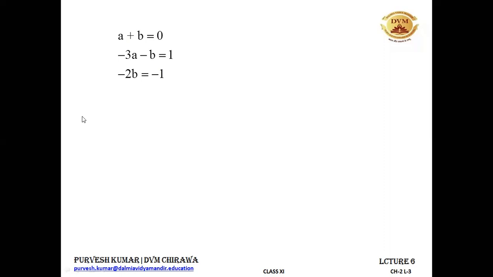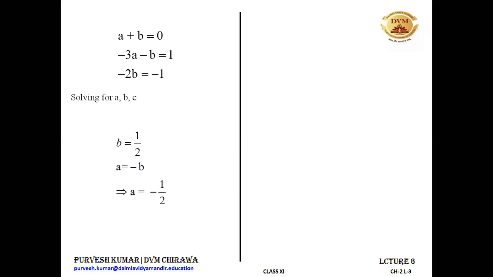So solving for A, B and C, you can write B equal to half, from equation number 3 you have written it. And A equal to minus B, that is, the first equation will give you that A equal to minus B. In place of B you can write half. The value of A becomes minus half. Now we have to put the values of A and B in equation number 4